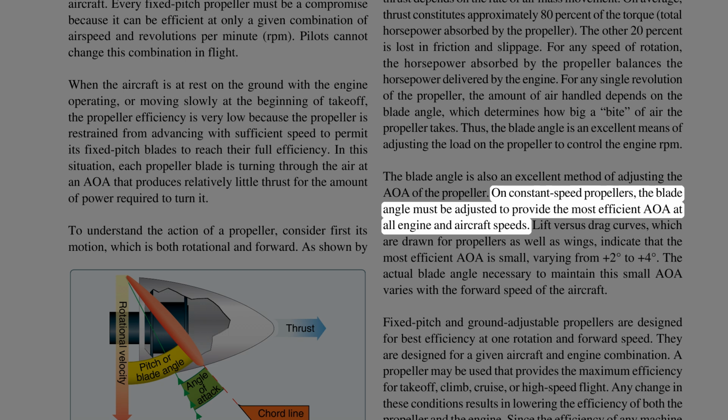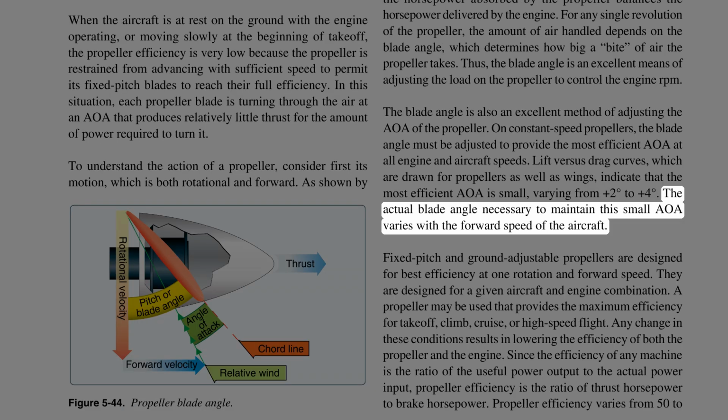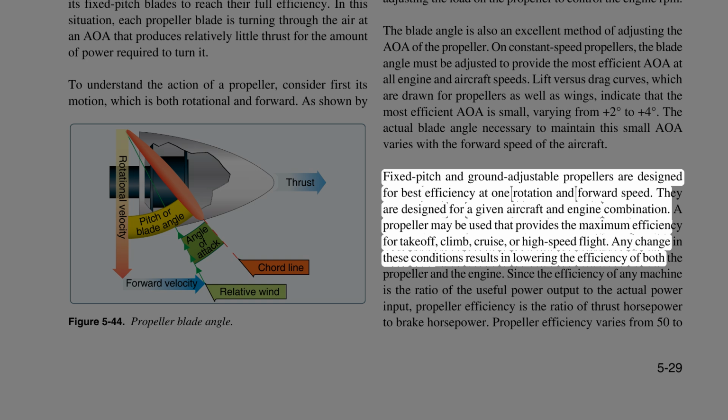On constant speed propellers, the blade angle must be adjusted to provide the most efficient AOA at all engine and aircraft speeds. Lift versus drag curves, which are drawn for propellers as well as wings, indicate that the most efficient AOA is small, varying from +2 degrees to +4 degrees. The actual blade angle necessary to maintain this small AOA varies with the forward speed of the aircraft. Fixed pitch and ground adjustable propellers are designed